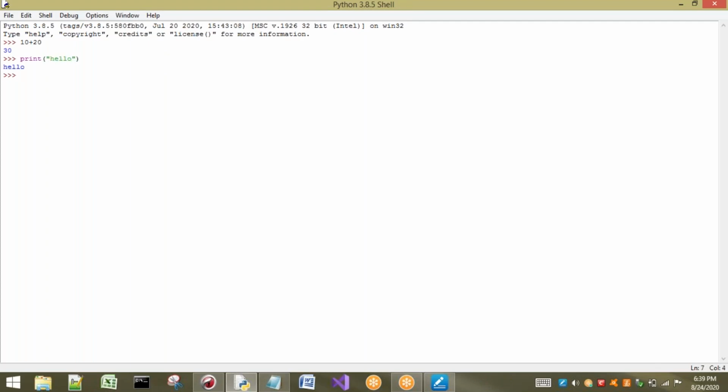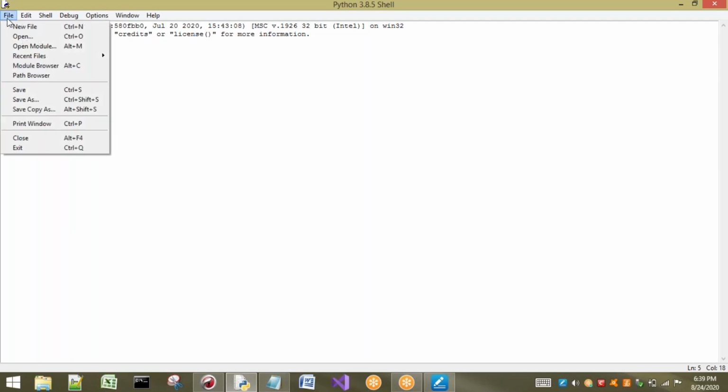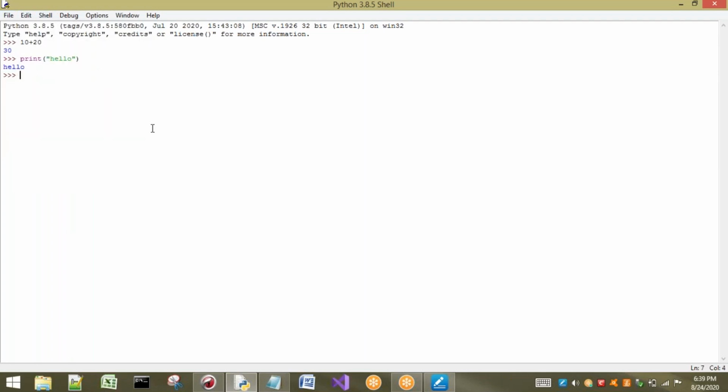Here what we can observe: the first one is a single statement, and this one is also a single statement. If you use this IDLE, we execute single statements, but not multiple statements. If I want to write a group of statements, then I have to open a new file here and save that. I will show you that later. First, I want to show you the single statements. To execute single statements directly, we can type in this way in IDLE, or Python shell. We can perform any type of operations, but individually.